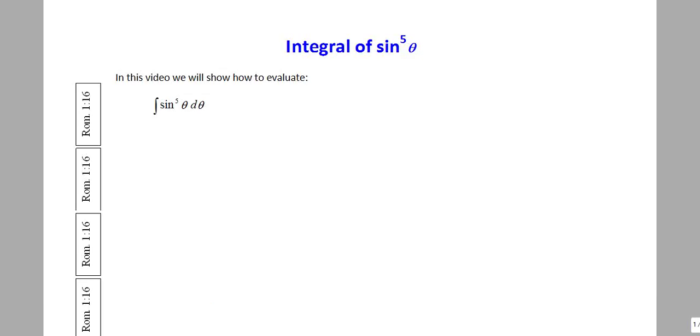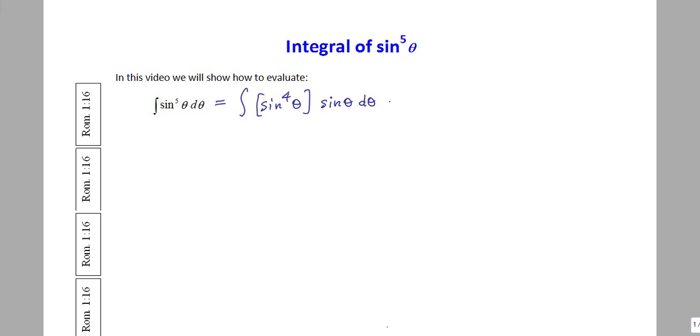All right, now we're going to do the integral of sine to the fifth power theta d theta, and like the previous one on the cos to the fifth power theta d theta, this is also done analogously and is not too difficult to evaluate, in fact. So here we go. We're going to write this as sine to the fourth power theta times sine of theta